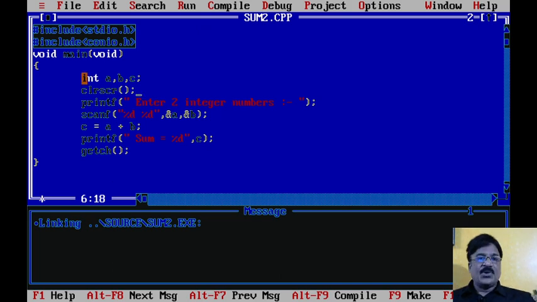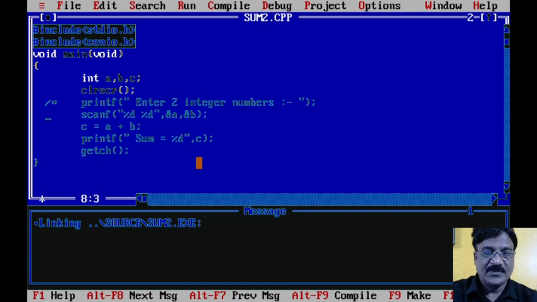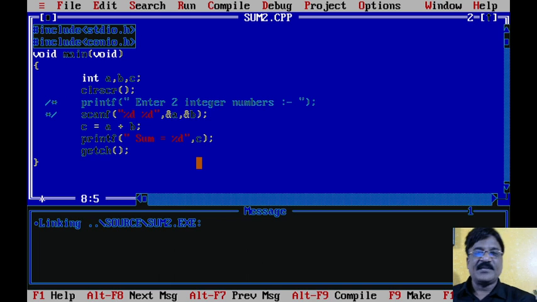So all the statements must be followed by what? A declaration statement only. All the statements must follow a declaration statement. It means there should not be any single statement before the declarations of the variables in C language. Okay. Now what is going to happen if I have not written this particular statement? So simply what I will do is put it in a comment line. It means this entire part has become what? A comment line.